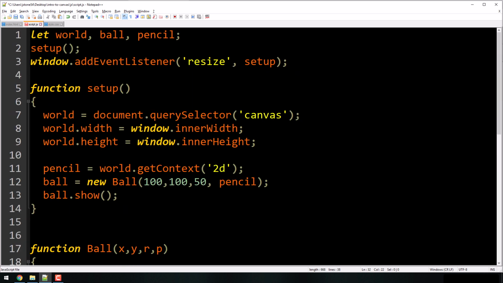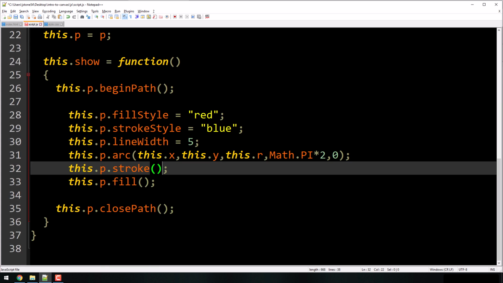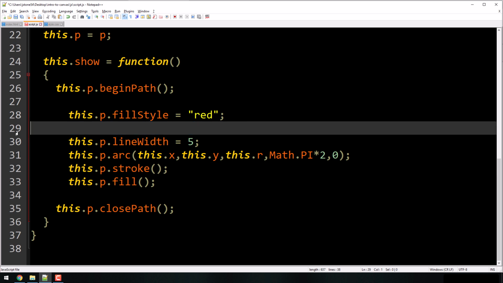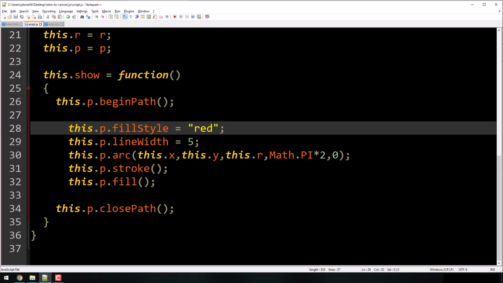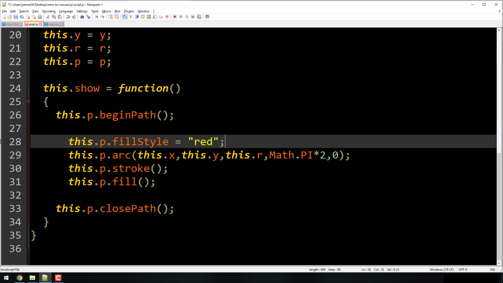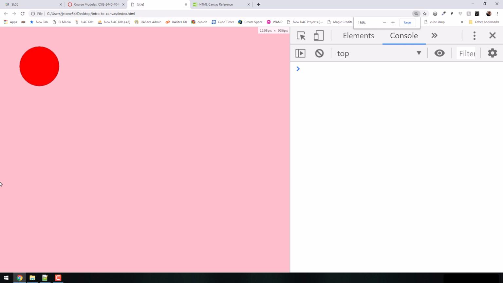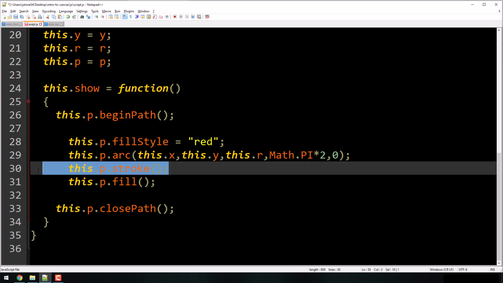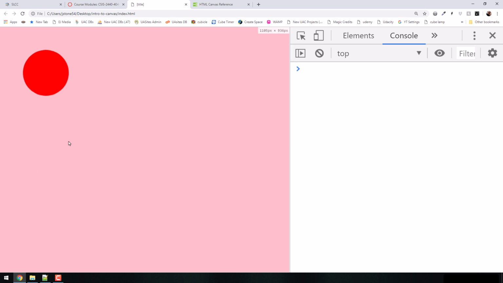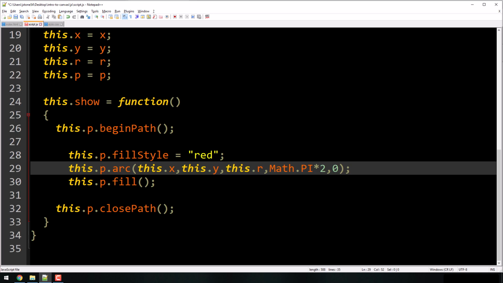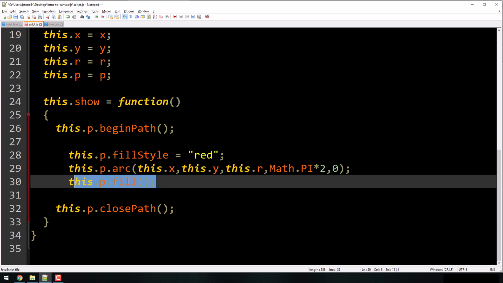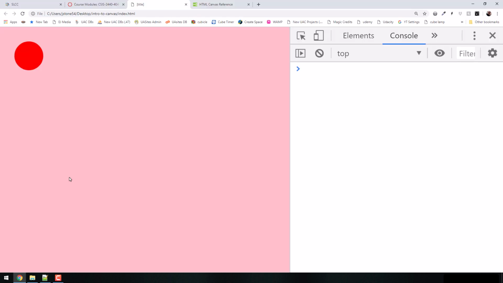All right, well, I want to animate it, right? I want to animate it. So I'll make it bounce off the edges of the screen or something like that, right? So first of all, I don't like that it's got this ugly blue. We're just going to get rid of the stroke and make it just a red ball, right? So it's just black. I want line width, nothing. There we go. And it's still got black in there, doesn't it? Yeah. I just need to turn off the stroke. There we go. That's all. Okay, there we go. Got rid of it. Right? Looks good. All right, so right now I'm saying make it a red fill, create an arc, and then fill it with red. All right, so this is what we have right now, this red ball on the screen.